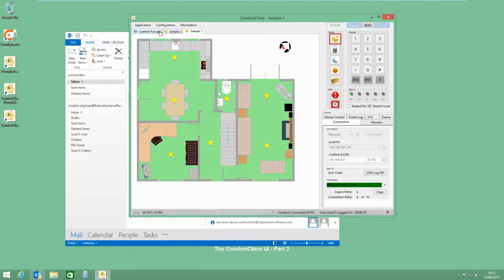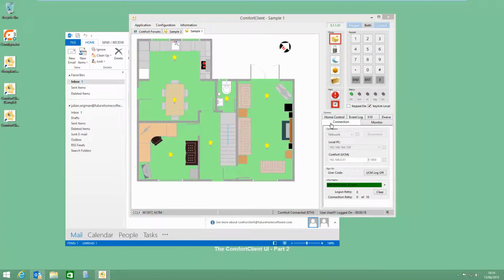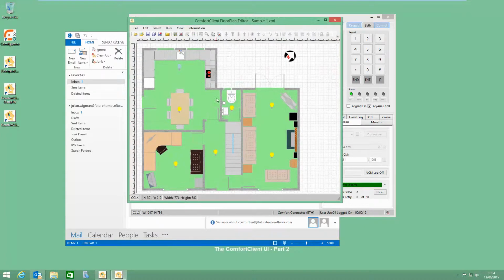Okay, the second part of setting up ComfortClient. So the second part of setting up a connector is the floor plan related side to it. So let's go into our example here and let's go into floor plan editor. So let's say we want to send an email whenever this light bulb changes on screen. So let's first open that up in our object properties,